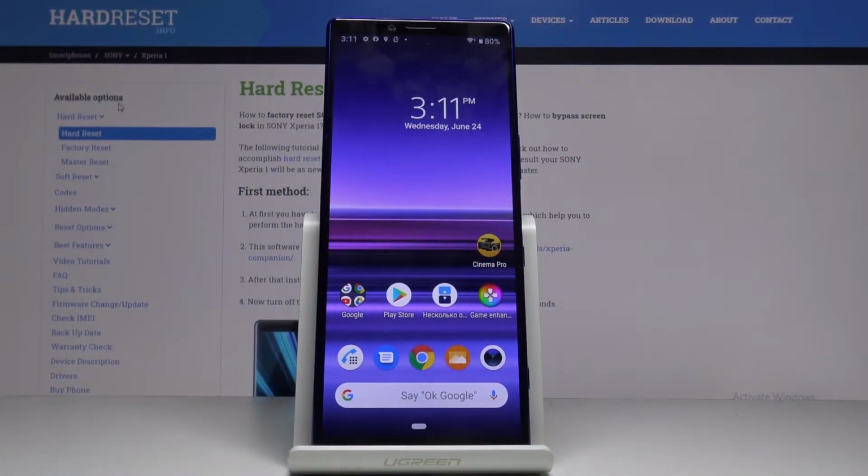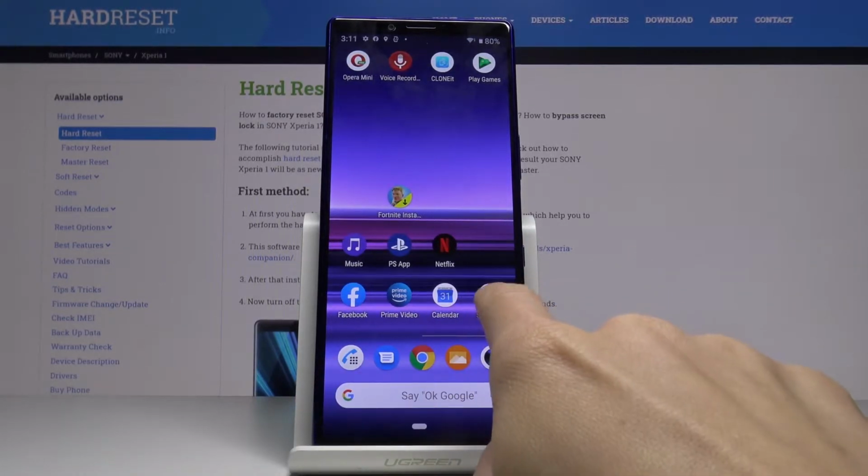In front of me I've got Sony Xperia 1, and let me show you how to change the ringtone on the following device. So first of all, you have to open the settings,